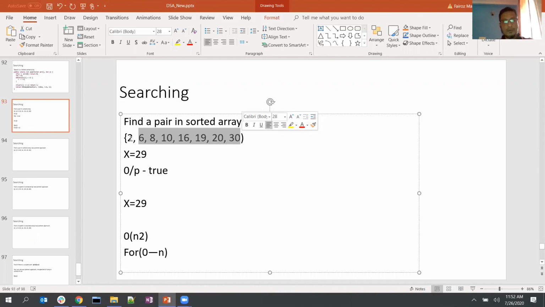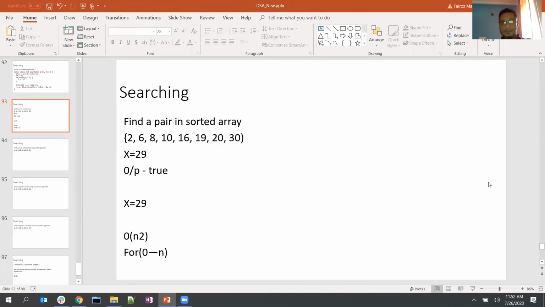Once you know this element cannot make a pair, leave it, then go to the next iteration, which is 6, and add the same way. This will take big O of n square.